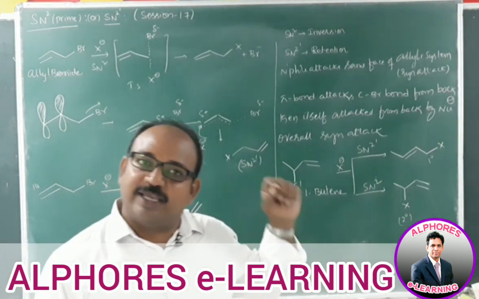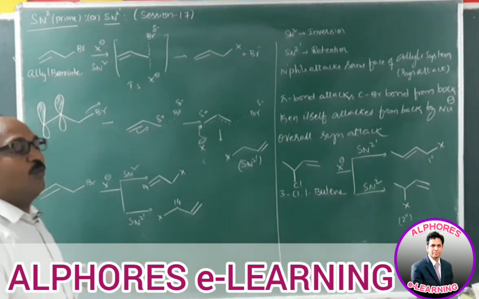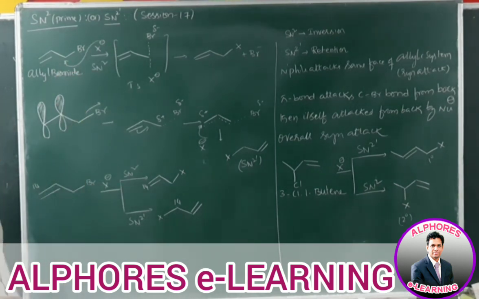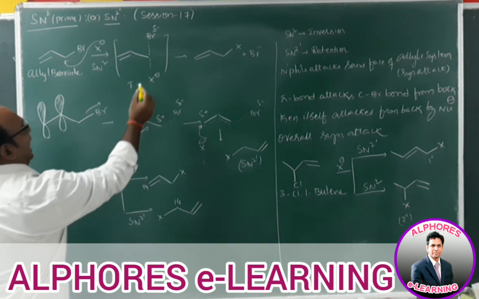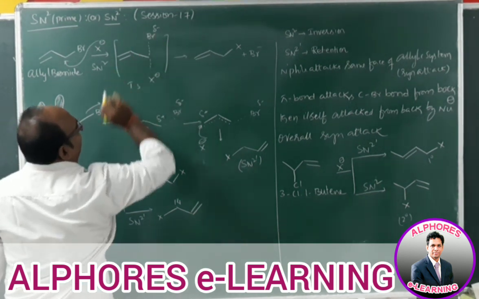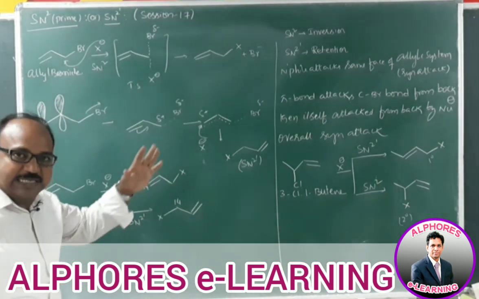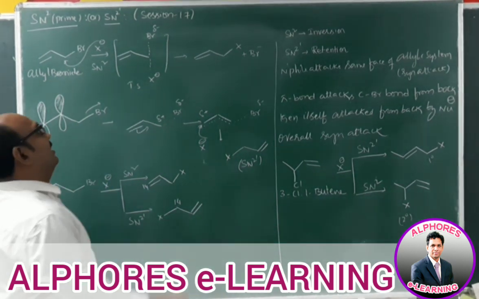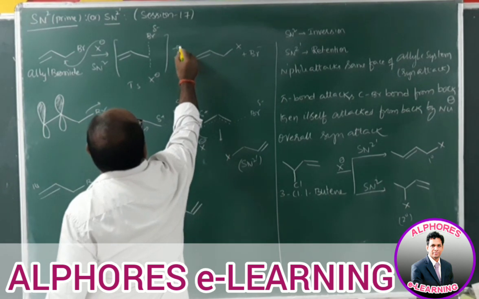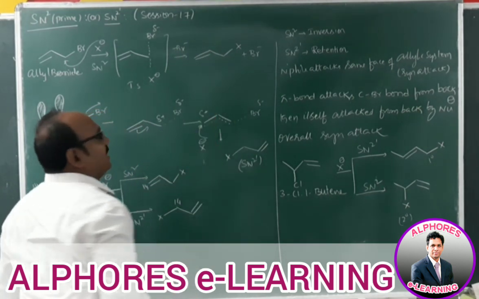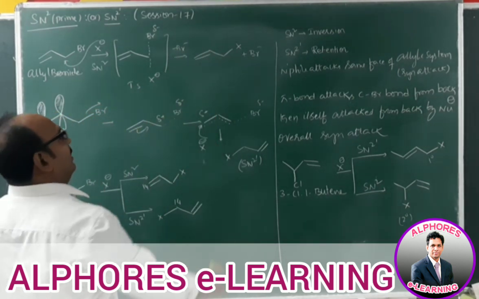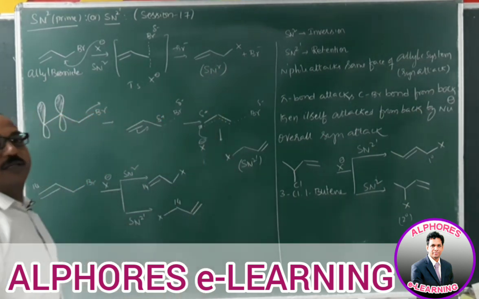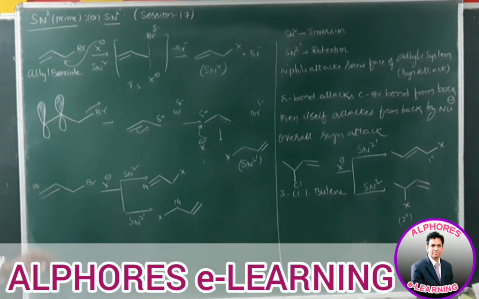Here, let us consider the SN2 mechanism. X minus approaches from the rear side with respect to the leaving group. The attacking X minus and the leaving Br minus maintain maximum distance, that is, a 180 degree angle, and later Br completely expels out as Br minus while X minus attacks. So the product we get is the SN2 product. If this happens, then there is no more to discuss here.